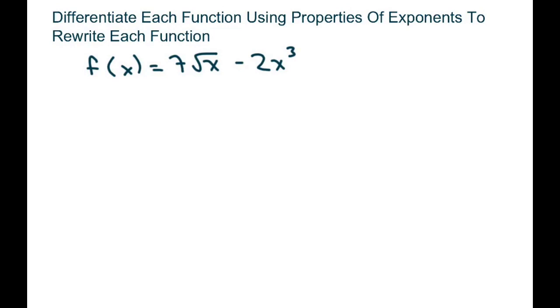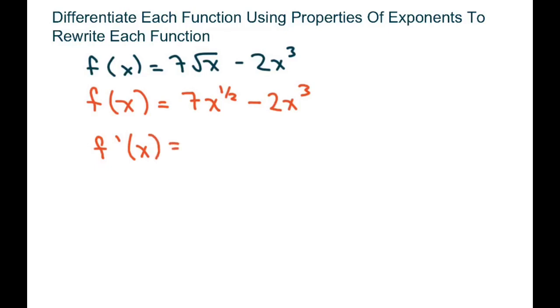Differentiate each function using properties of exponents to rewrite each function first. So we're going to do that first. And I'm going to rewrite this using properties of exponents. So this is actually 7x to the 1/2 minus 2x cubed. So then when I differentiate this,